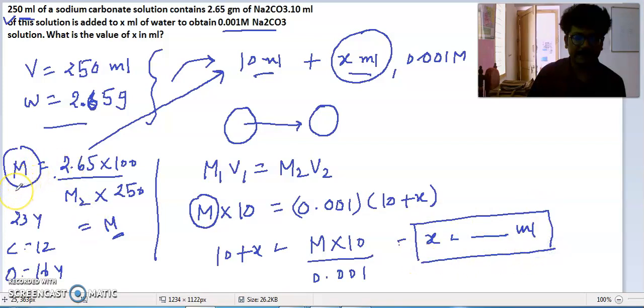First, the molarity is not given, so in the first step you have to find the molarity. Another thing, the final volume is not given. They have just told that X ml of water is there, and you are asked not to find the volume of the solution, but the volume of the water to which that 9 ml of initial molarity is added.